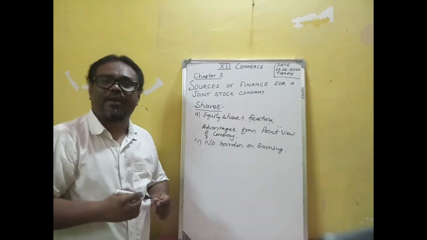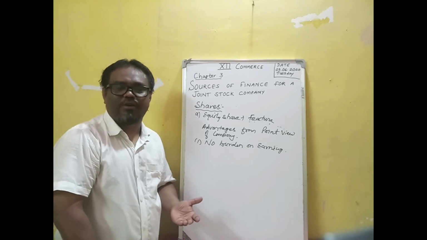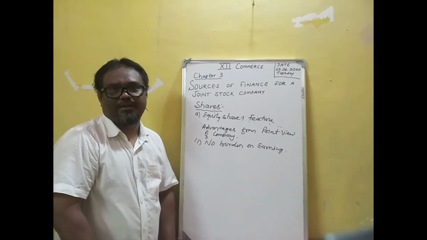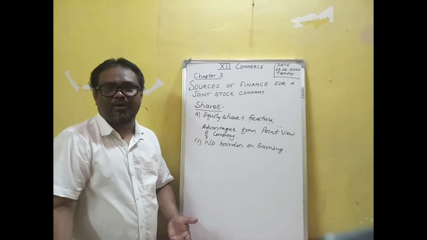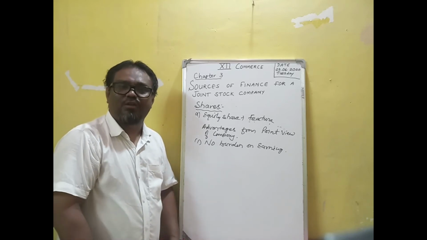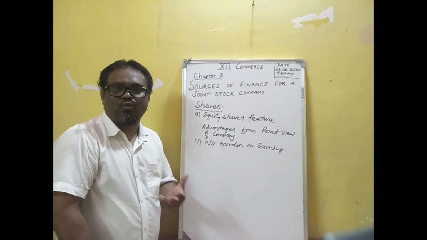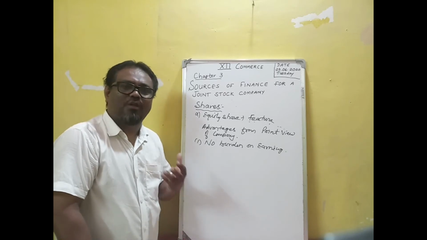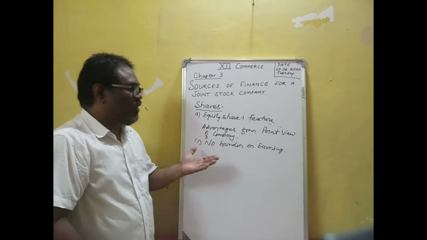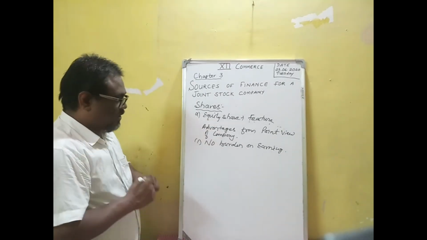It means that when the company earns profit, dividend is declared to the shareholders. When the company does not earn a profit, no burden, no liability of the dividend. So company does not have that burden to pay the dividend, because dividend depends only on the profit. If there is a profit, the shareholders will get the dividend. So from the company point of view, there is no burden of declaring the dividend to the shareholders.